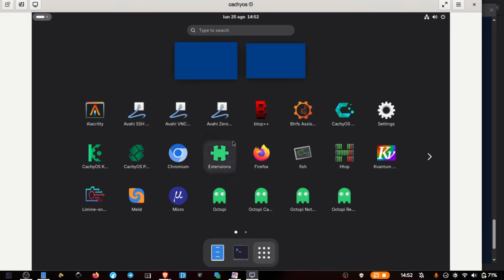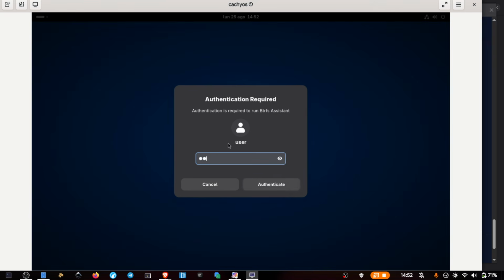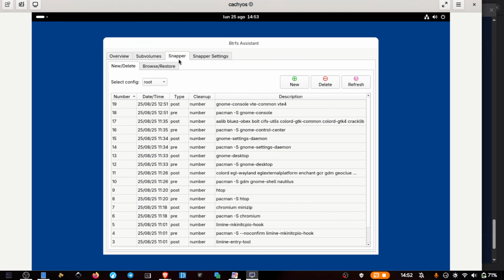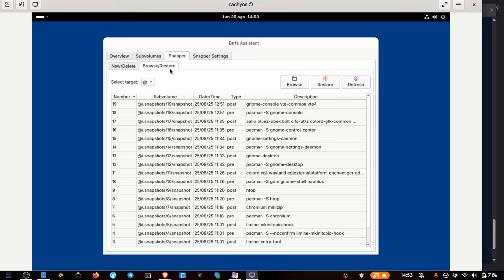And then we have BTRFS specific programs like BTRFS Assistant, so we can see the snapshots, and the snapshots are done automatically at every update of your system, and it integrates Snapper, so you could use this part, restore,